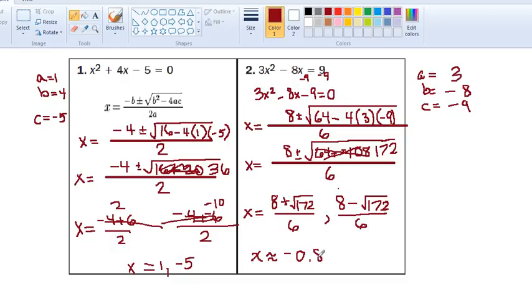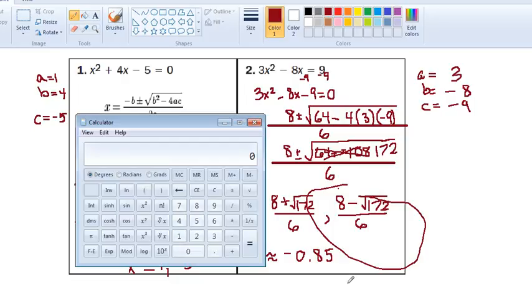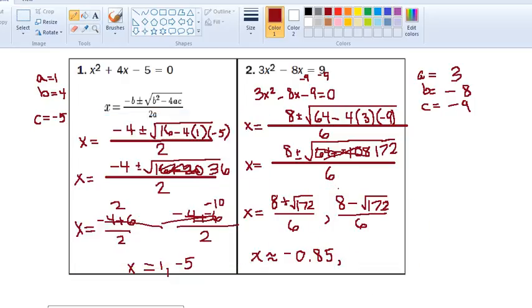Okay, now pause the video and see what you come up with when you do the other one, this one right here. And what I got for this one was actually a positive number. I got 3.52 when I did that one. So for the first one, I guess I did these backwards, but